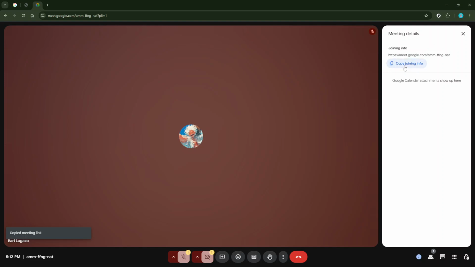As the meeting gets underway and participants start joining, you'll have the capabilities of a host. This includes admitting people into the meeting, a useful feature to ensure only invited individuals participate. You can also mute them if background noise becomes an issue, ensuring the meeting runs smoothly. And if necessary, you can remove someone from the meeting as well. This control helps maintain the meeting's focus and security, ensuring a professional and efficient online gathering.